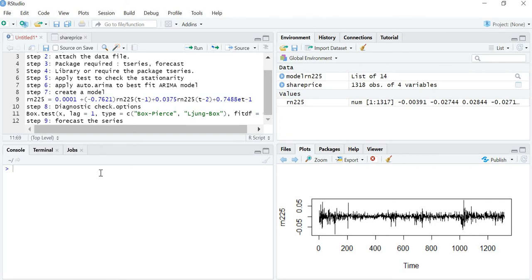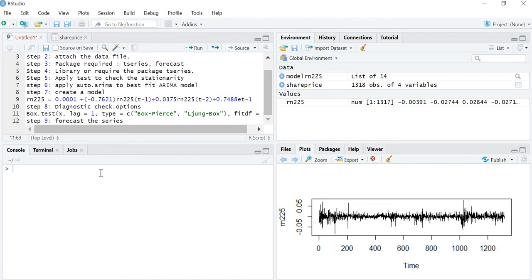First, for the residuals we have to create the residual parameter. Why are we creating it? Once we have created it, we should see that there is no correlation between the residuals.